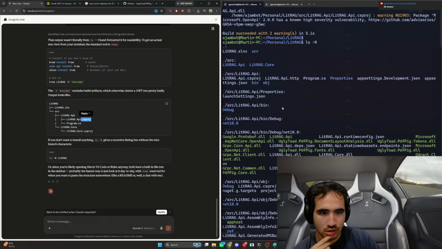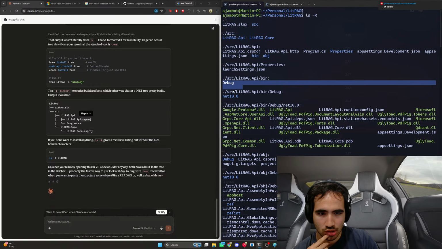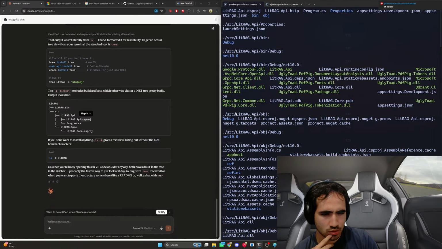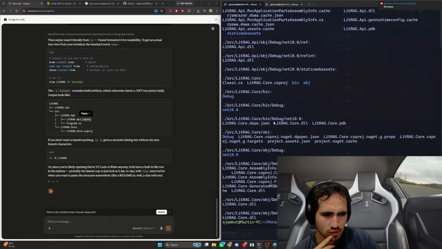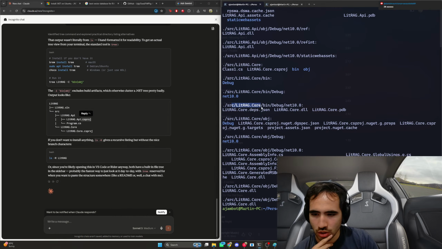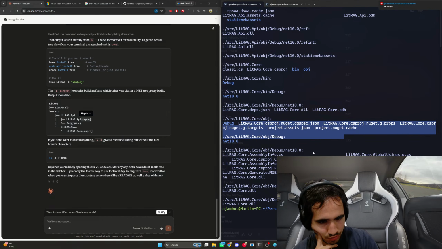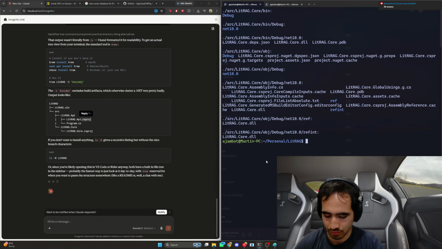Then in properties we have launchSettings.json. I think this is fine. And then this is debug, whatever. Then in core, we should have a CS project, and then we have all this stuff. Okay, good enough.